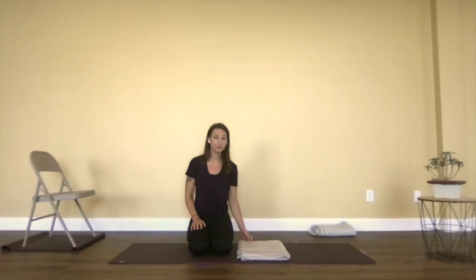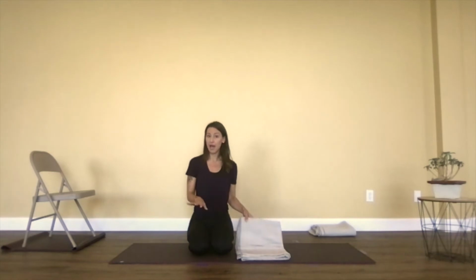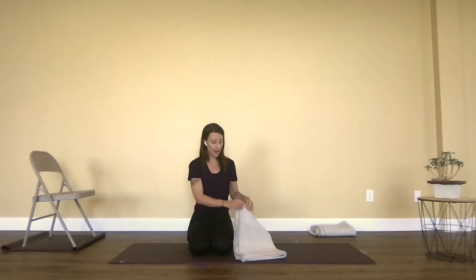Okay, so now we're going to use some of our blankets and come down to laying on the ground to do some nice shoulder movements. So the first use of the blanket is totally optional. We're going to be laying on our back for this, and you can lay flat on your back, or you